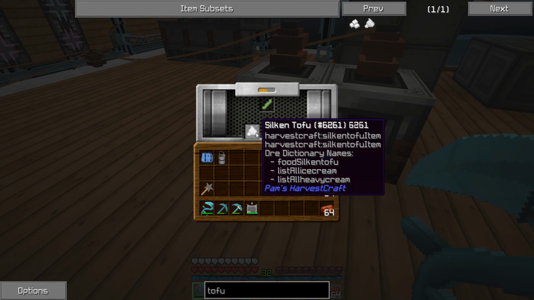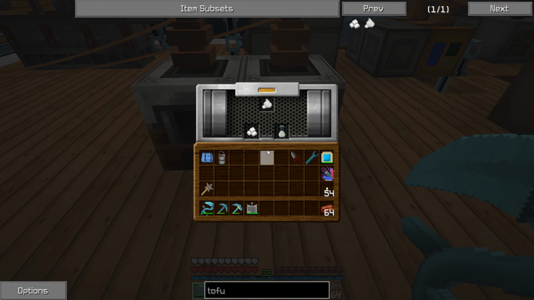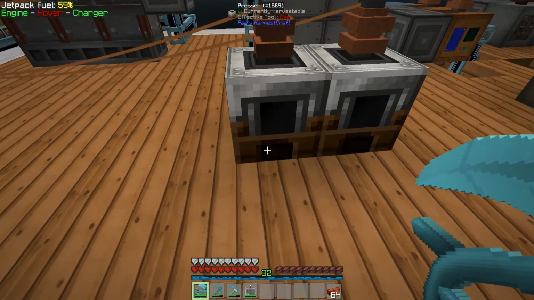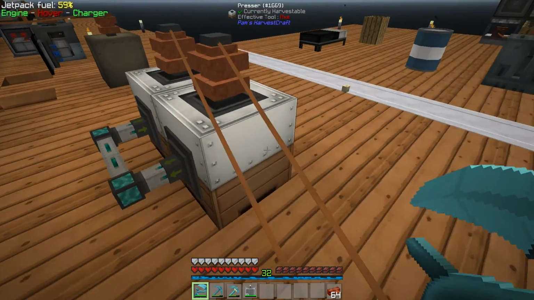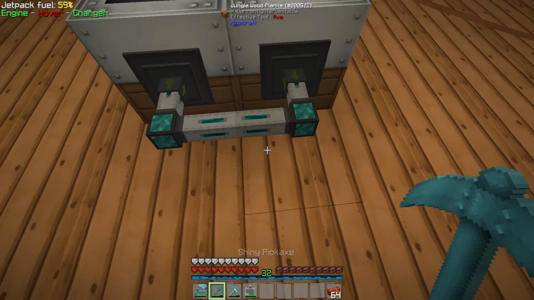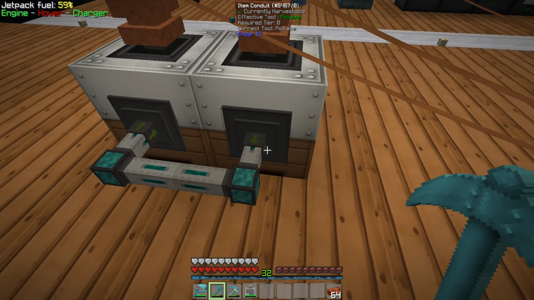You should be extracting. Why aren't you being extracted? So you worked times 2. So you can't extract from the back. Do you have to extract from the bottom? Is that one of those deals from Pam's Harvest Craft? Is that a Pam's Harvest Craft thing, that you have to do that? I don't like that at all. What if, how